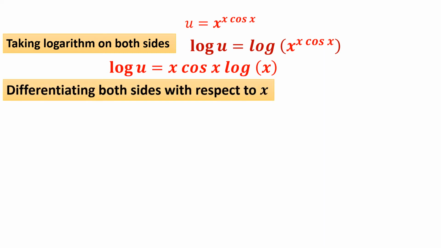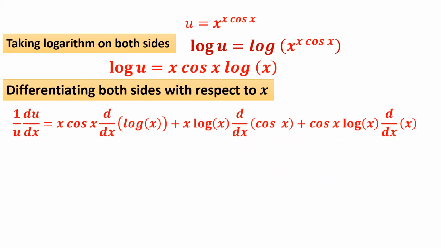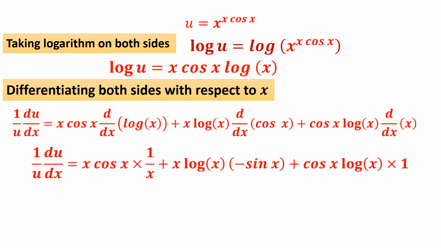Now by differentiation, on the right-hand side you are having 3 terms. You have to use the UVW form of the product rule. Keep x cos x and differentiate log x, plus keep x log x and differentiate cos x, plus keep log x into cos x and differentiate x. Keep the first 2 and then differentiate the third one in order. Now the differentiation of log x is 1/x, differentiation of cos x is minus sin x, and the differentiation of x is 1.